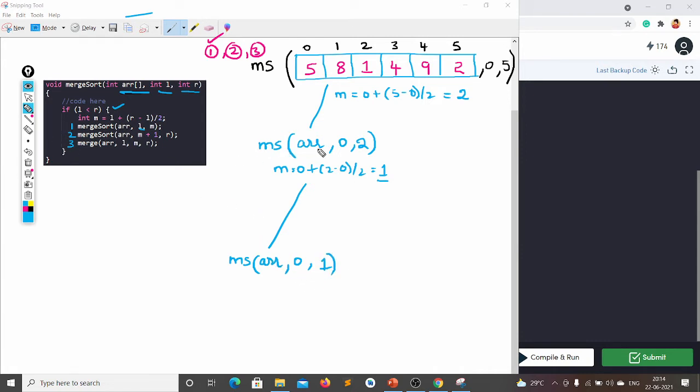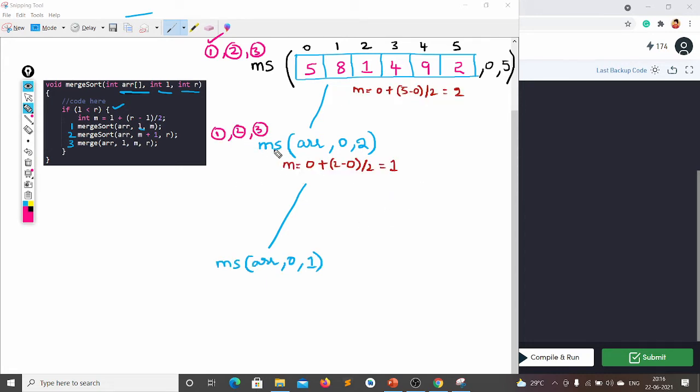See friends, again this function is called, the first one, merge sort of array comma L comma M. Here L means 0 and M means 1. Now again it starts from the beginning and does not go to the next steps, because it is calling the merge sort function again.